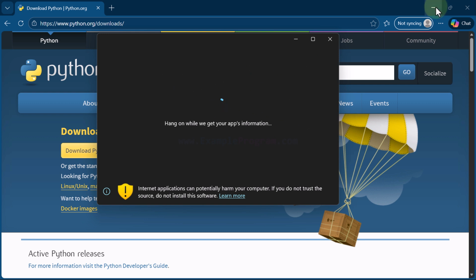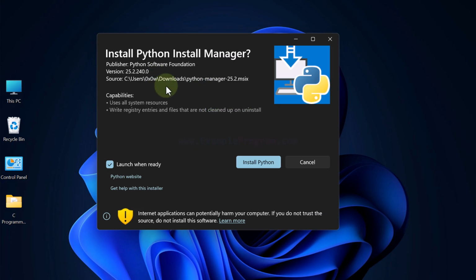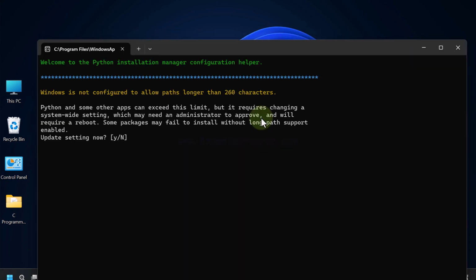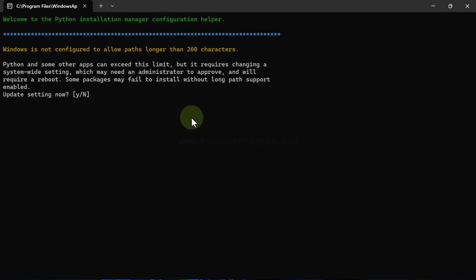And here I will minimize the browser. Now once it loads everything, then we can see the option to install Python. If you need any help, then you can click on this get help with this installer option. Here we will click on install Python, and once we do that, it will open up the terminal window, and